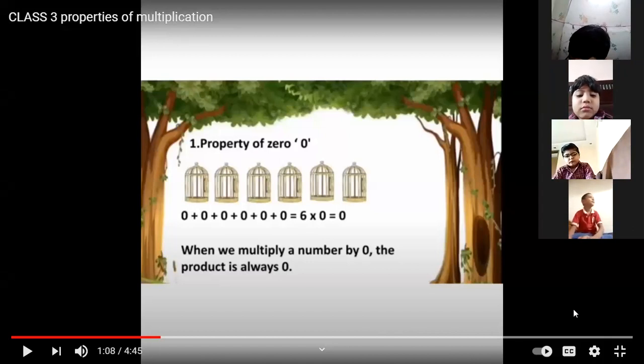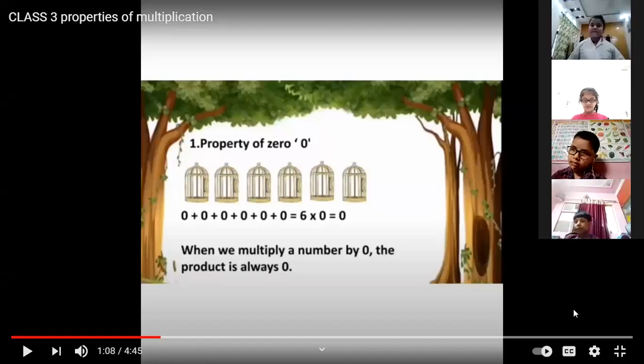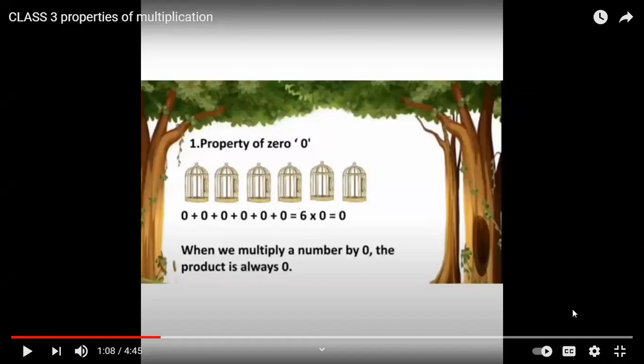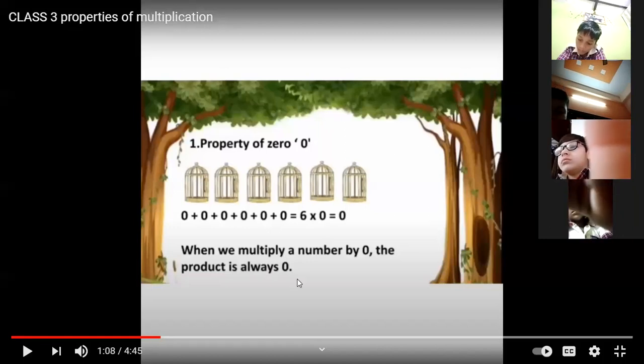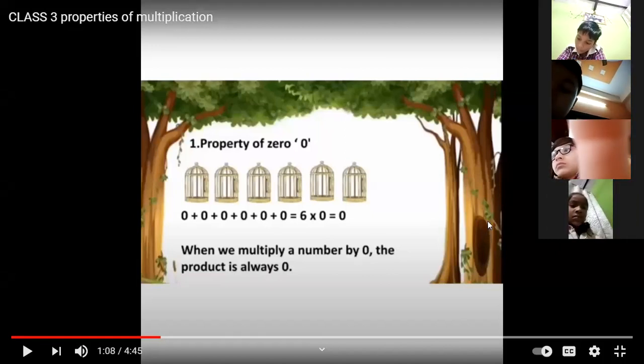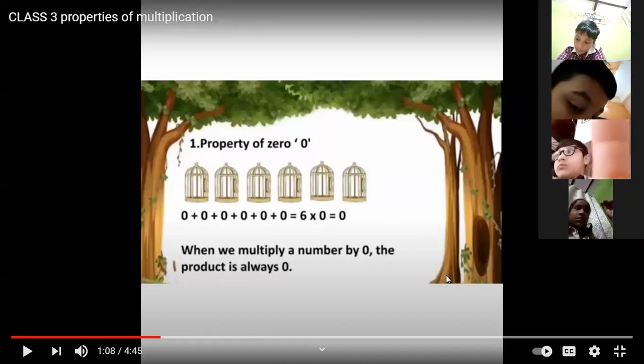The number can be anything. कोई भी number आप ले सकते हो. ठीक है बेटा? So suppose you are going to take 21. 21 multiply by 0. Your answer will be 0. It can be anyone. So this is the first property. According to the first property, we can conclude that when we multiply any number by 0, the answer will be definitely 0. Very good. Suppose we are going to multiply 18 by 0. The answer will be 0. Exactly.